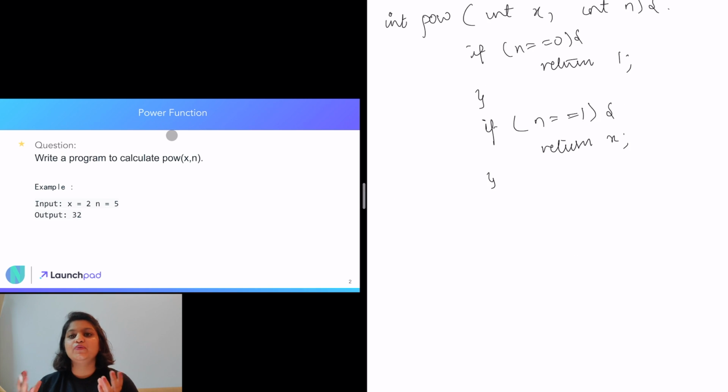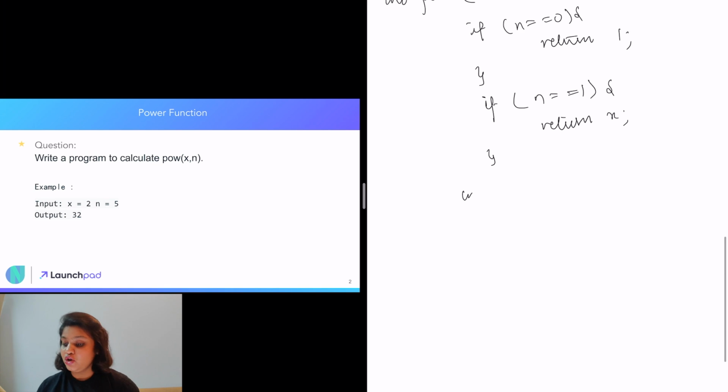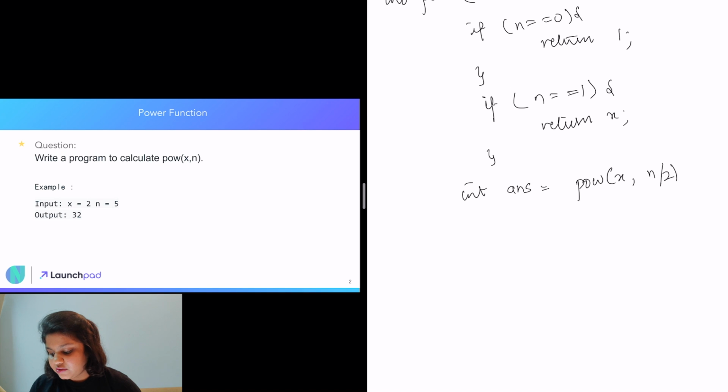Now for 2 to power 7 or 2 to power 6, 7 divided by 2 in int is 3 and 6 divided by 2 is also 3. So we can have an answer which will be power of x comma n by 2.